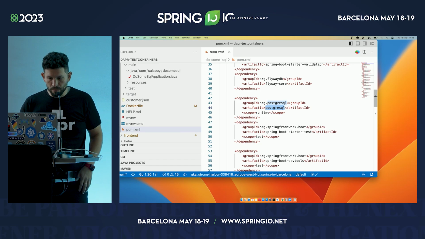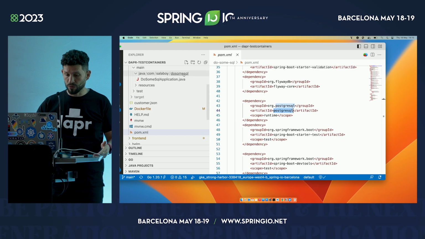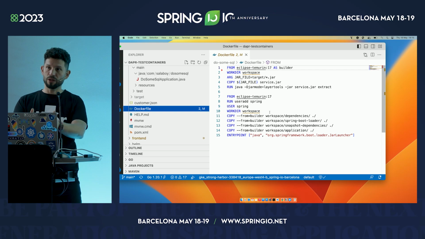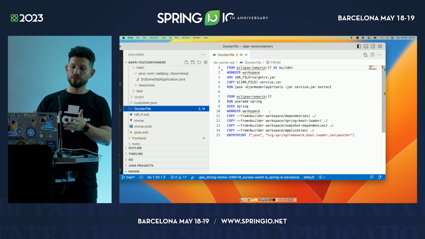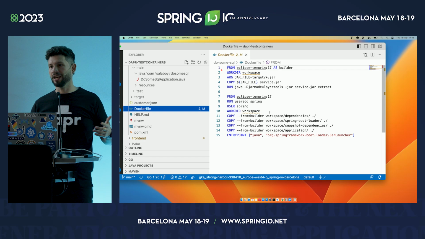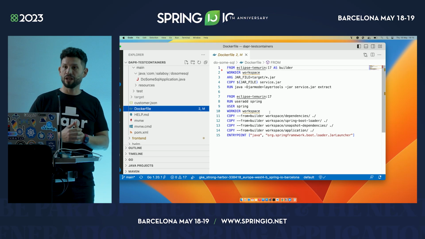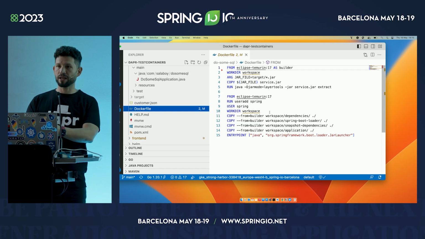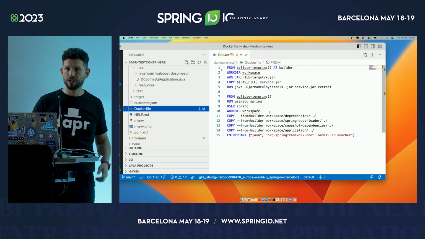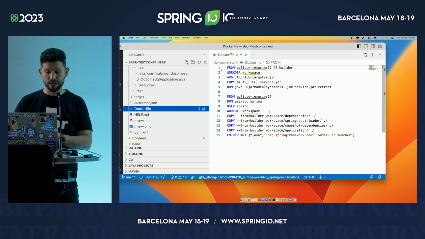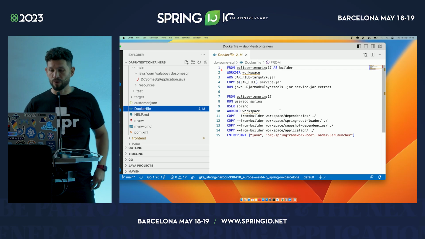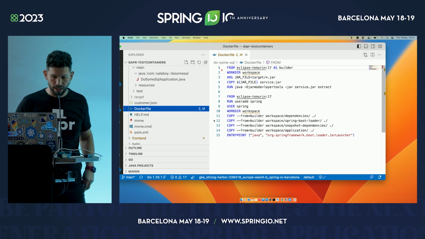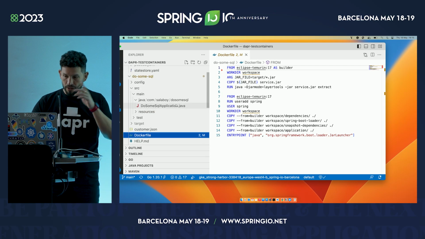So in order to move this application and run it in Kubernetes, what do we need to do? We need to create a container. You can do that by having a Dockerfile that will containerize this application. And it gets tricky from then on. First of all, you need to create a container. Containers are not platform independent. So if I'm running on my Mac using ARM architecture, I need to make sure that I produce a Docker container that is AMD for running on the cloud. Or I need to make sure that my cloud provider gives me some ARM machines to run this application. So that's the first thing.